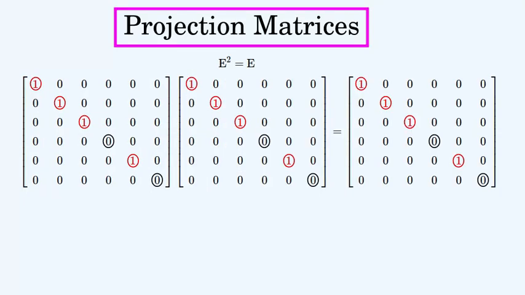So the main property for testing that a matrix is a projection matrix is that its square should be equal to itself. You can see this here because of the nature of squaring a diagonal matrix. Once a projection matrix is applied to a column vector, its elements that weren't zero before are now zero. And if they are multiplied by the same projection matrix a second time, then they're already zero, which doesn't change